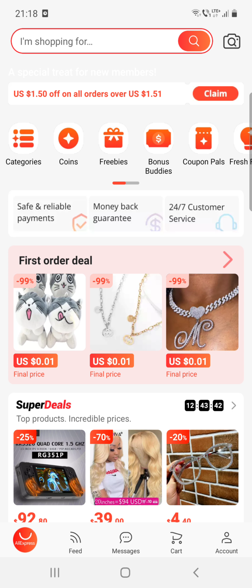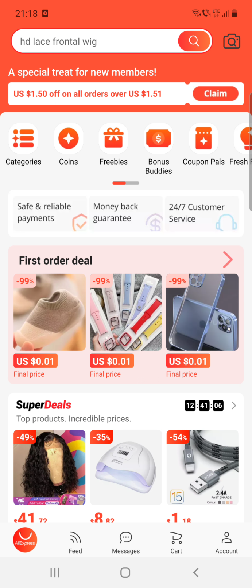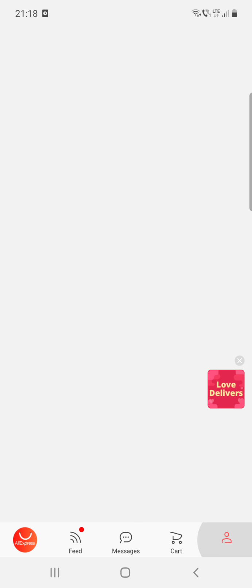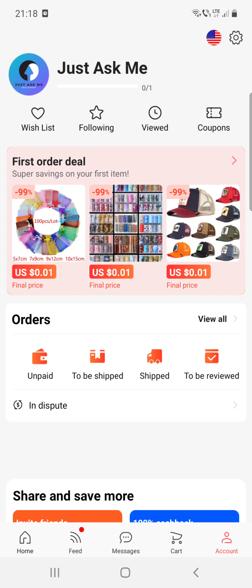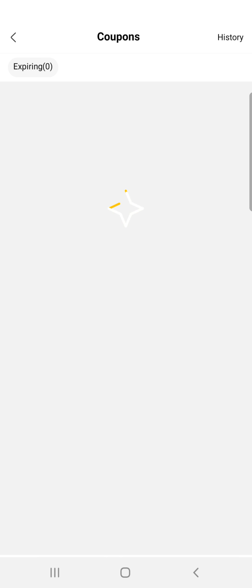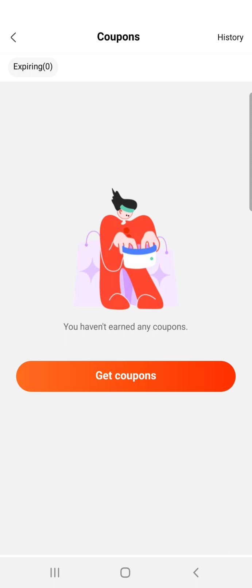So first open the app. After that click on your account, and after that you can see at the top the last one at that row is coupons. Click on that and you can see that right now I haven't earned any coupons, but you can get coupons by clicking